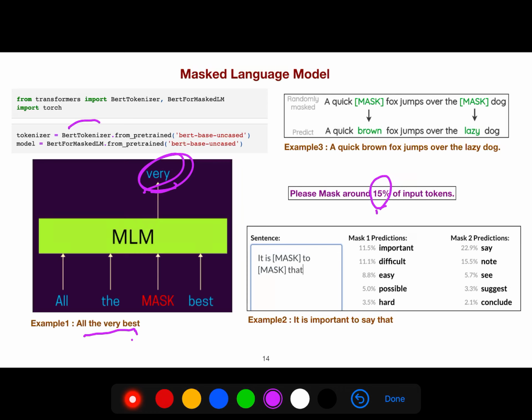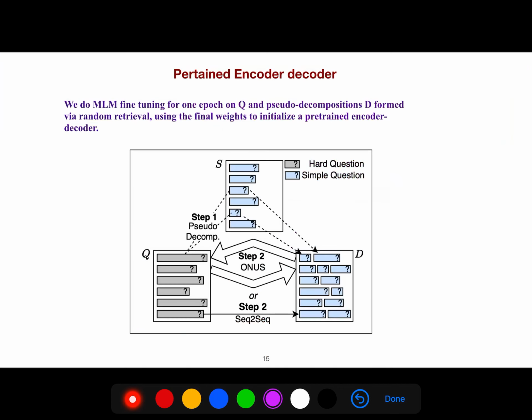And so we use a paired tokenizer. We want to know the ID of each of these, because each word is a long vector. We just need to know the ID of that. So we use the tokenizer to first separate and then see which ID belongs to which word. Even this word mask has an ID, which is preserved. And so we use a pre-trained model. You could use anything from Hugging Face that you like, and then you are ready for the masked model. So as I said, this is the simple pseudo decomposition.